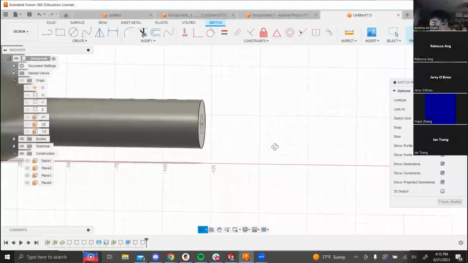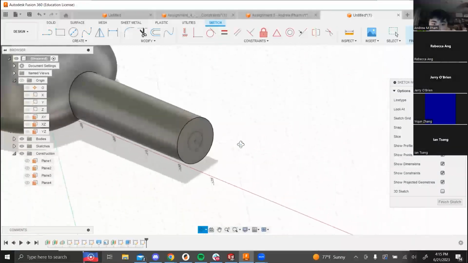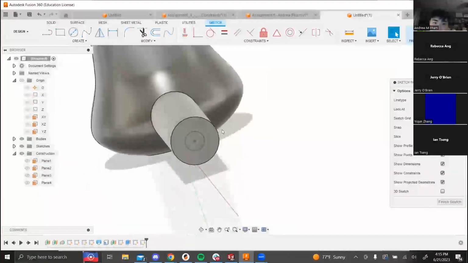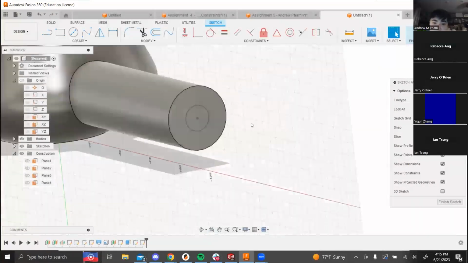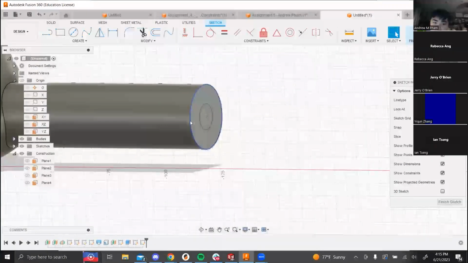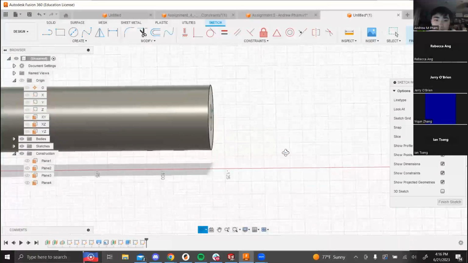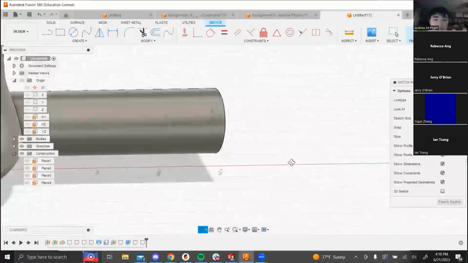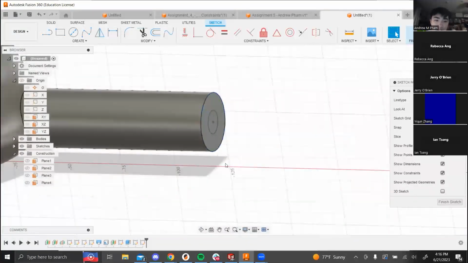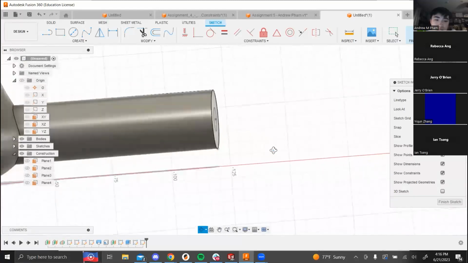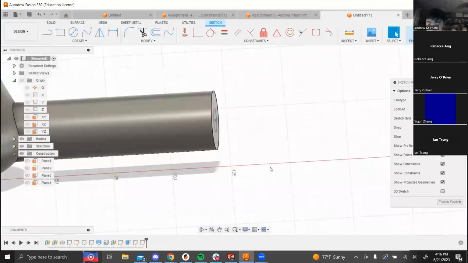And notice how this plane cuts the hair dryer in half, you see, right? So that's good because it'll be centered on this circle. But something that we want to do in a lot of cases is reference existing geometry, right? So we want to reference this circle here so we can find the center. And the way we can do that